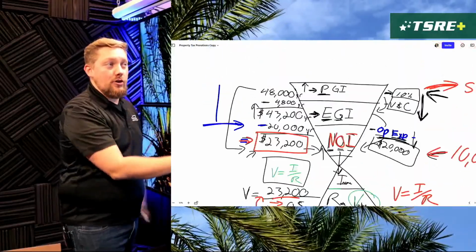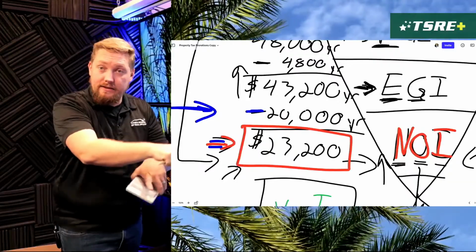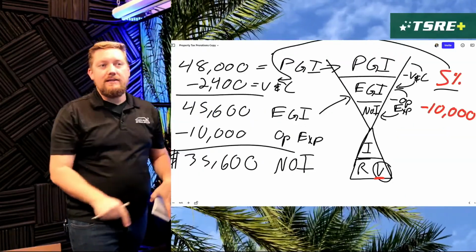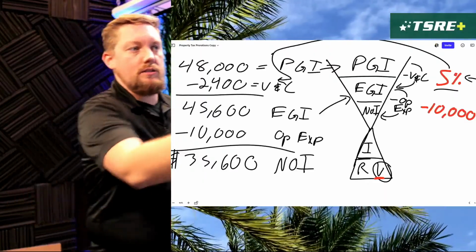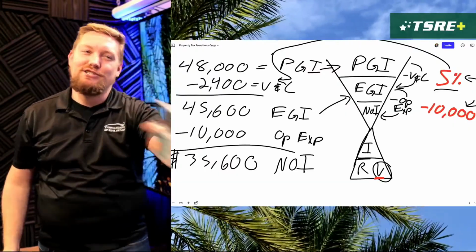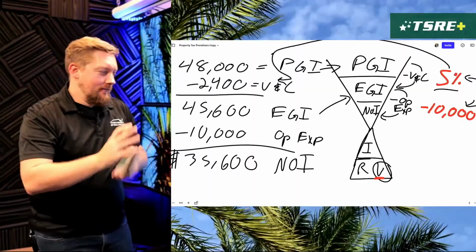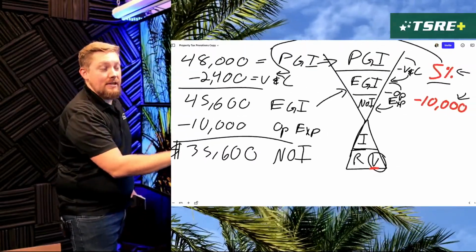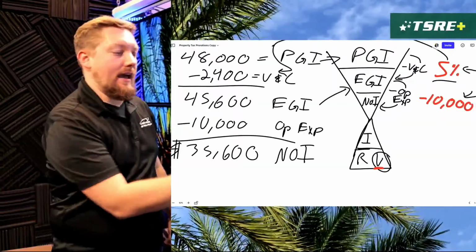So this would be a major overhaul of this property, because now we went from a $23,200 income to a net operating income of $35,600, and that was simply just by reducing our turnover, our vacancy and collection losses, reducing the operating expenses. Now we've got that boiled down to maybe just taxes and insurance and very little money otherwise. So pulling this off would be, again, a complete transformation of this property. But let's say we did pull it off here, and we've got the net operating income to $35,600. So that is our I.